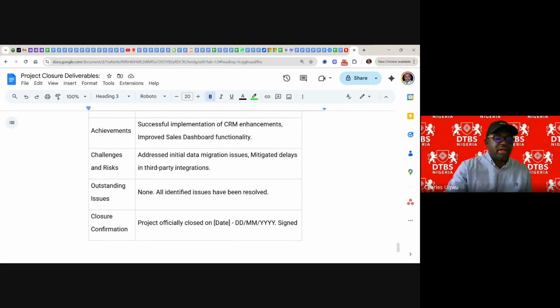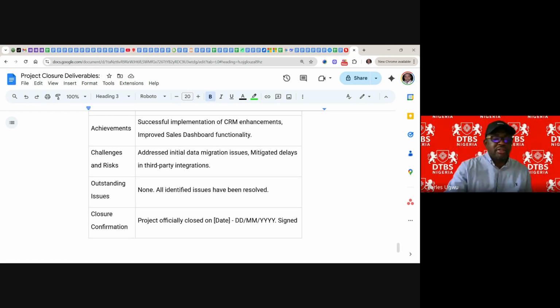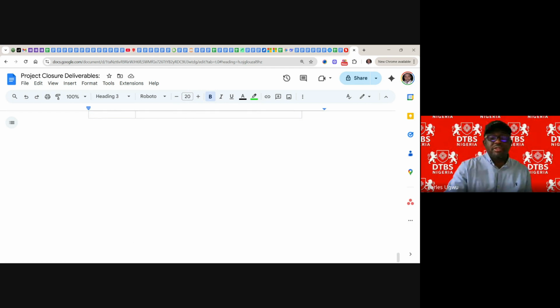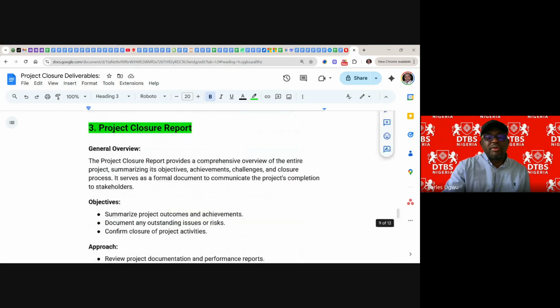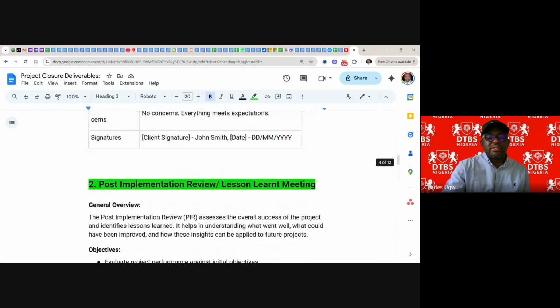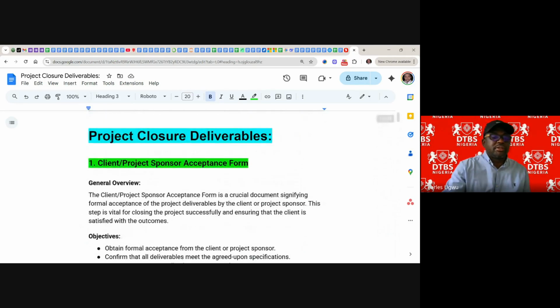Everything has been resolved. And closure confirmation: to confirm the closure, the project officially closed on this date, and you assign it to the project manager, put your signature. And that's it. You submit it to key stakeholders, signifying that you've closed the project and you're out of this project. So that's how you ceremoniously close your project when you finish a project, using these three deliverables coming from different